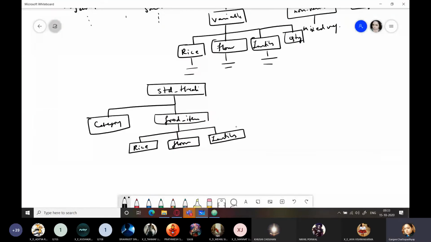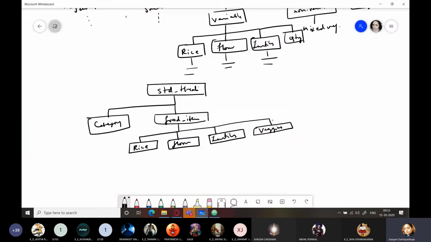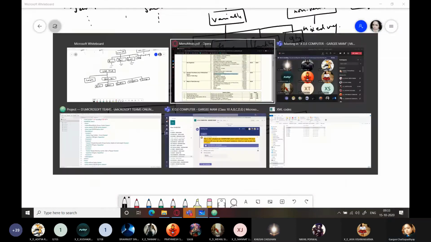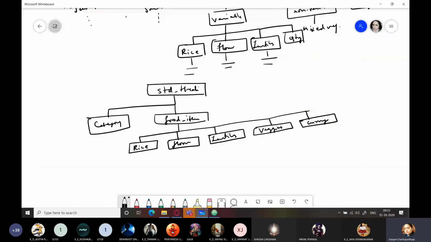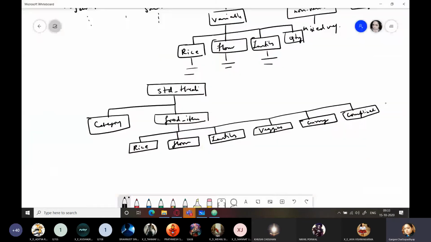Then we'll have mixed veggies. Then we can have vegetable curry, so curries. And then you have complementary. That is, complementary is this curd, okay, or sweet, whatever that could come under this, and pickle.